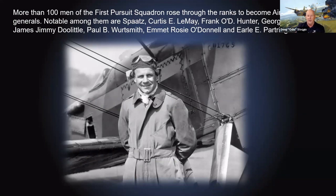You can see some of the other names up there of individuals. I actually tried to find a picture. I don't know if this was at Selfridge or not, but I tried to find a picture of Jimmy Doolittle at Selfridge. I'm not sure I was successful, but he kept some pretty darn good company when it comes to aviation history. And for those of you who don't know the history of Selfridge, that would be a whole other fun brief. But pretty much anybody who was a pioneer in military aviation had some degree of roots at our